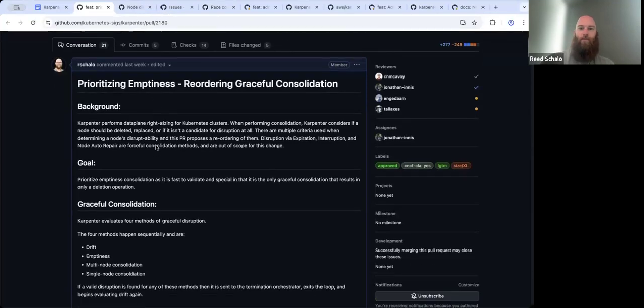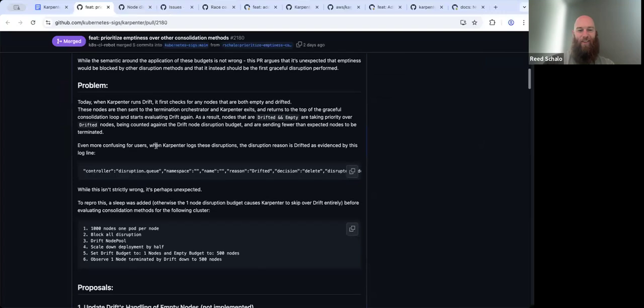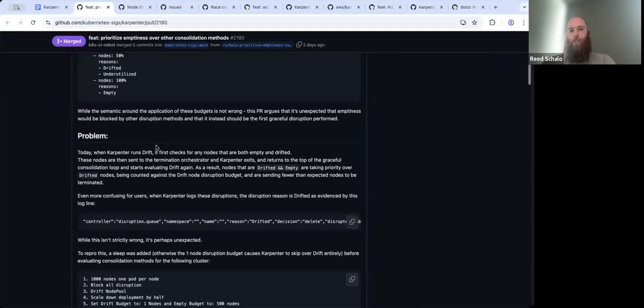There's quite a long write-up that I have here about it, but basically there was some custom handling within Drift for empty nodes that we were doing previously. And so with Drift being first, we would have our drifted nodes and empty nodes. And for any of the nodes that intersected, because there was no simulation required, we would actually send off those empty nodes. And so what could happen is you could end up in a case where even if your budgets for drifted nodes were